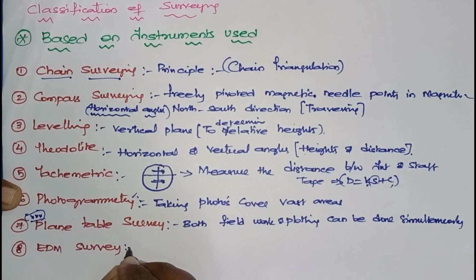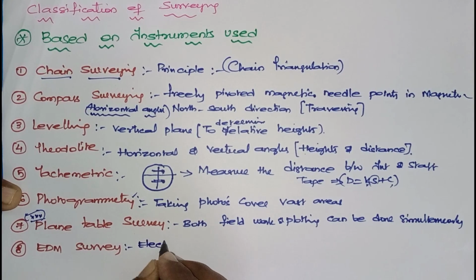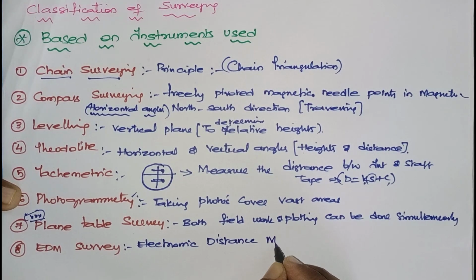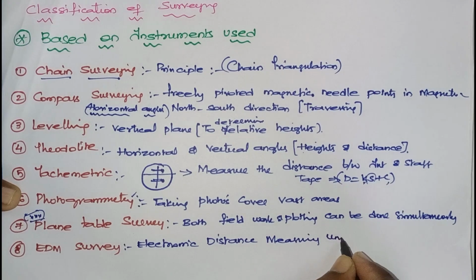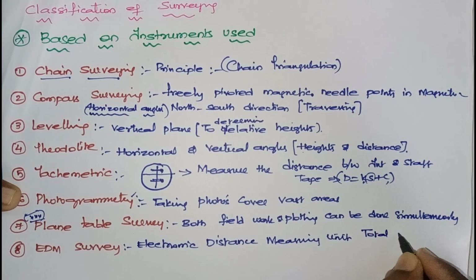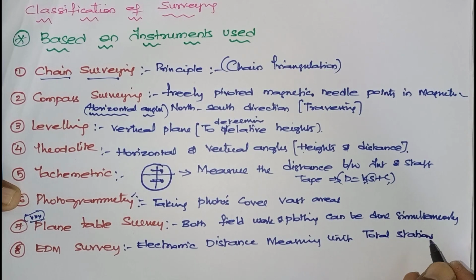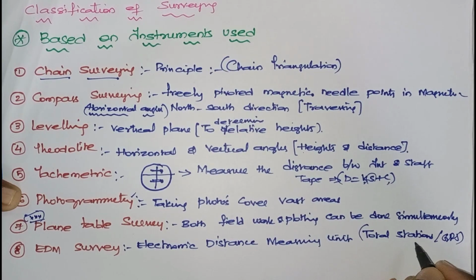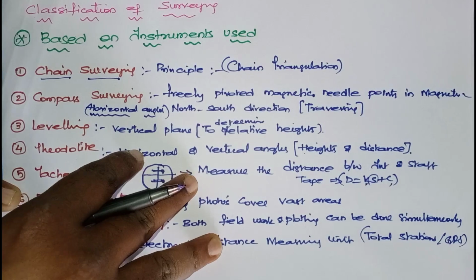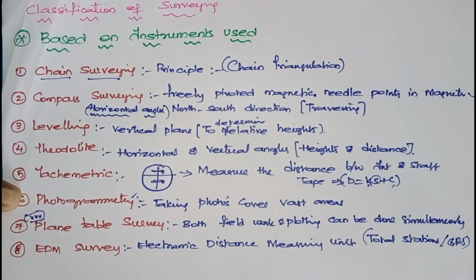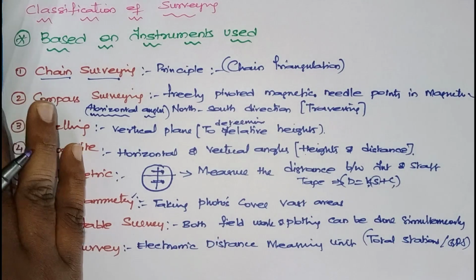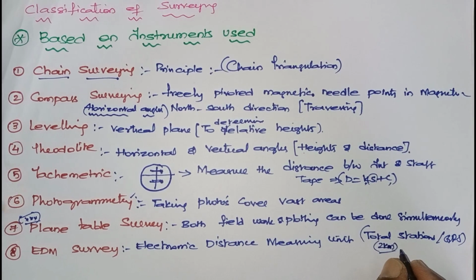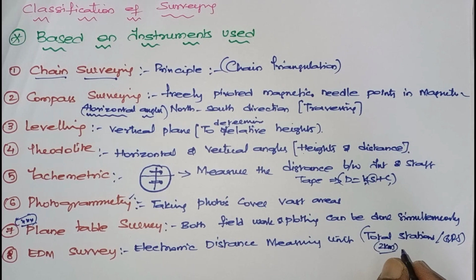Now EDM, electronic distance measuring units, just like the total station, right? The total station, all these come under EDM instruments. What can a total station do? From a single point you can measure the slope distance, the horizontal distance, and the vertical angles, and the range may be a maximum of up to 2 kilometers, depending upon the alignment of your particular work.